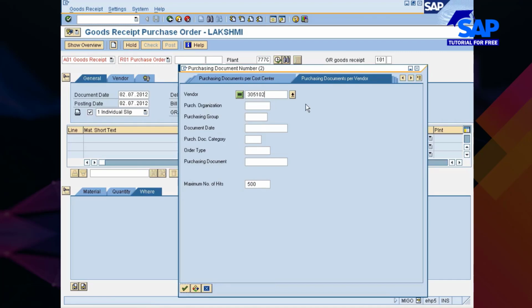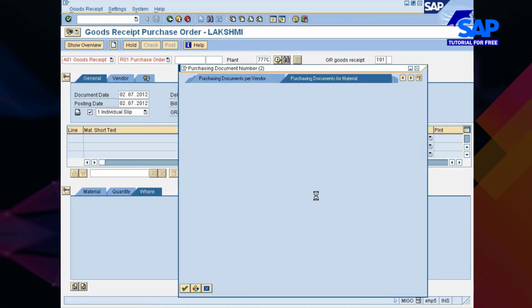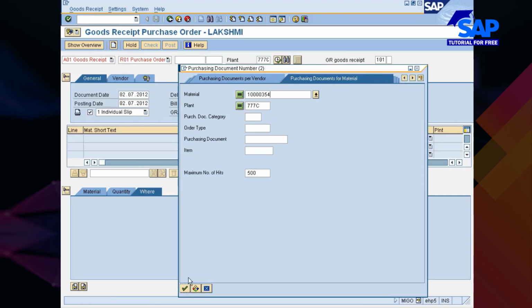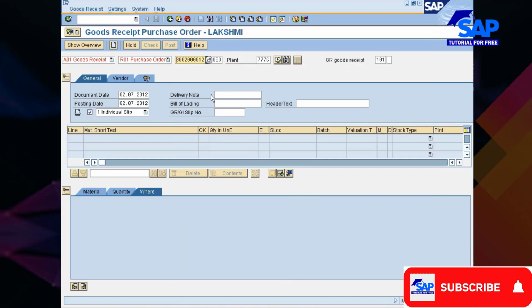Vendor so and so. I wanted to find out POs based on material number. Okay, I would go with this. There are so many POs. So what is the latest PO? Is this the one? Let's take this one.